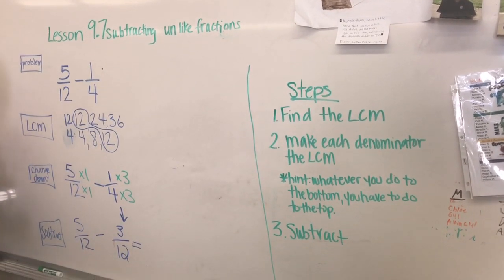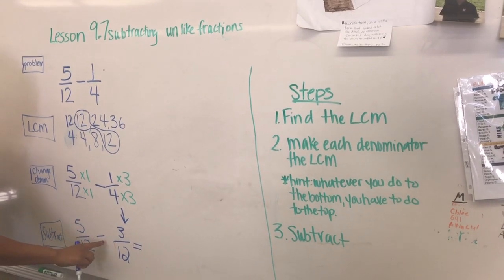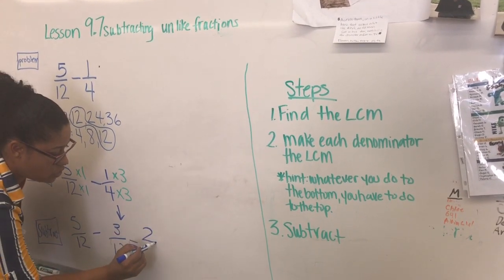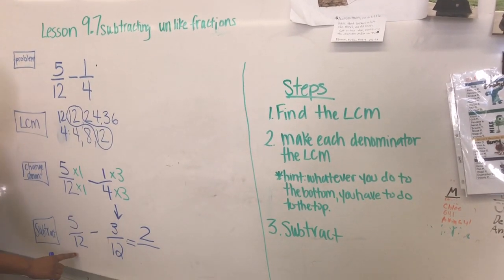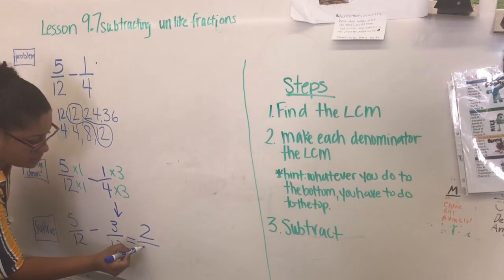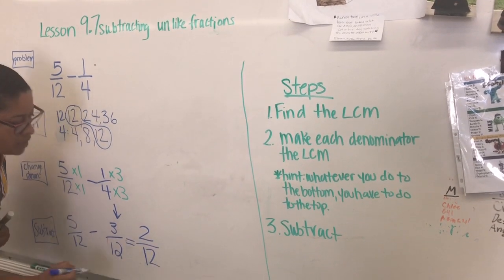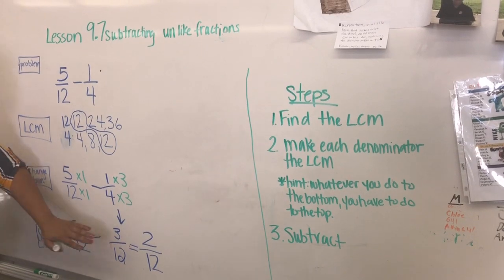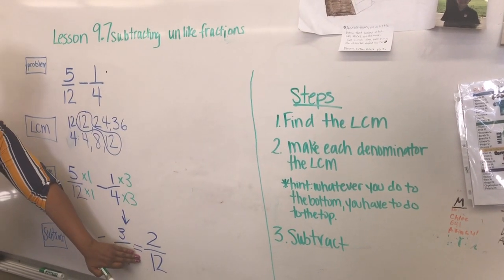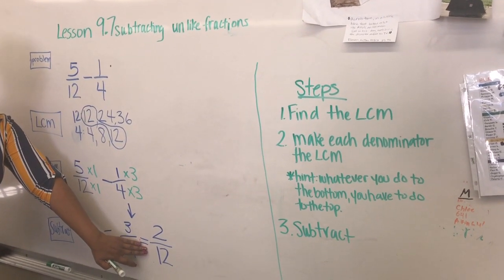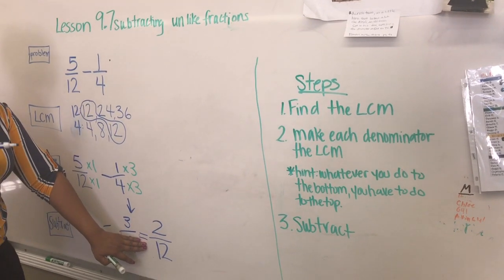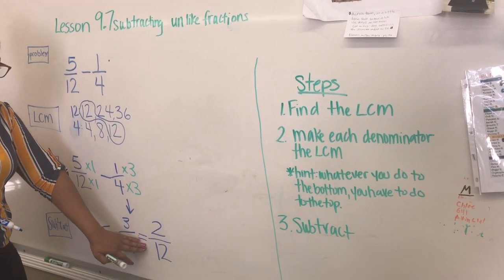And now we can go ahead and subtract. 5 minus 3 is 2. And then our denominator stays the same, so we'll just bring it over. Now notice we have a fraction 2/12. Technically this is the answer, but in order for your student to get full credit on a test, they have